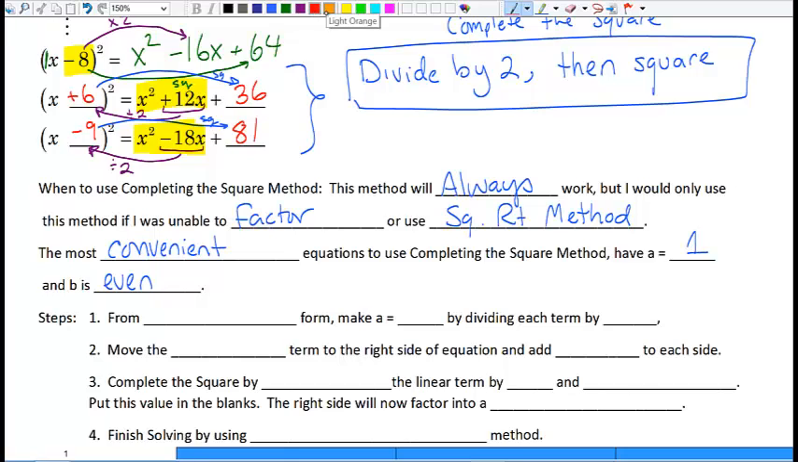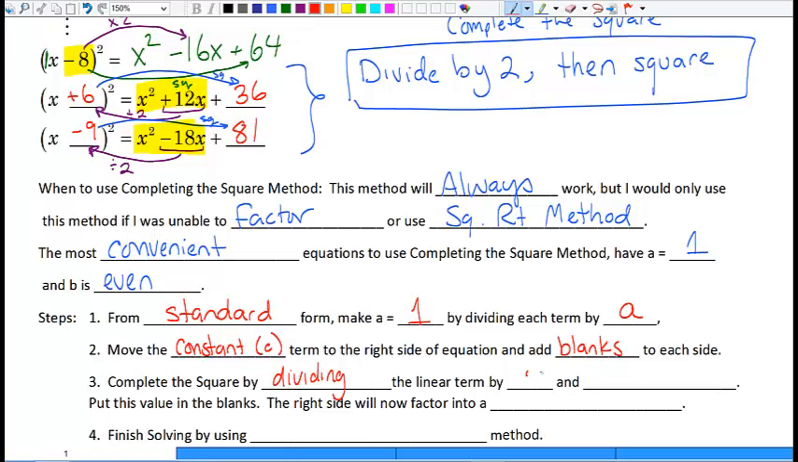Next, let's talk about your steps. Step 1. From standard form, I want you to make a equal to 1 by dividing each term by a. Next, I want you to move the constant term, that's the term without any variables, or the c term, to the right side of the equation, and then I want you to add blanks to each side, and I'll show you what that means. Step 3 is I want you to complete the square by dividing